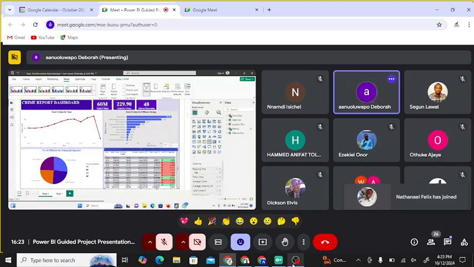And the first one is my total crime, which was total crime or total offenses, which amounts to 60 million naira. Then my average